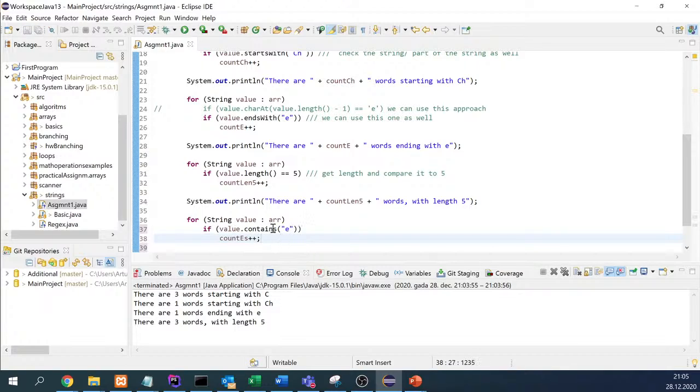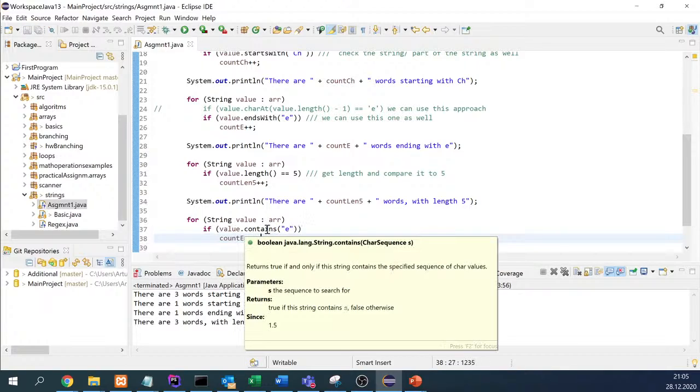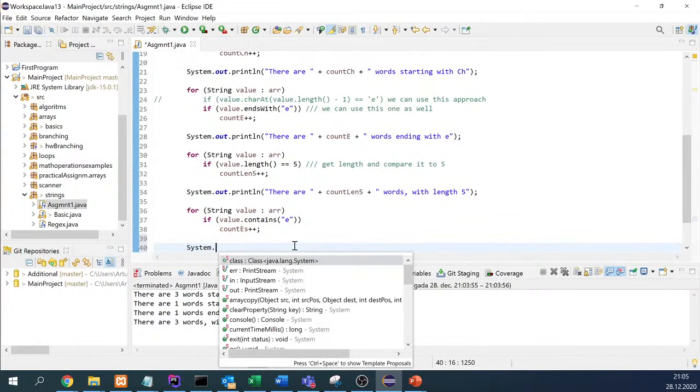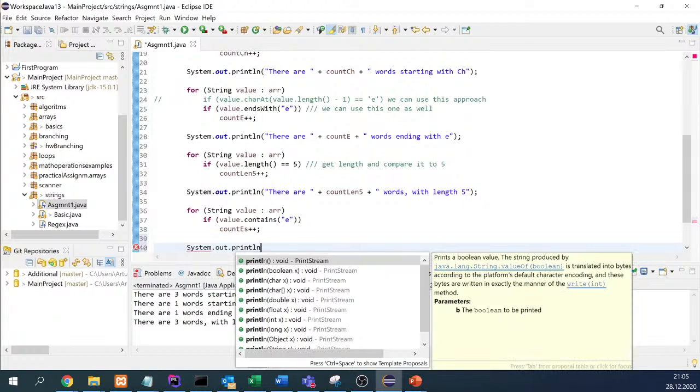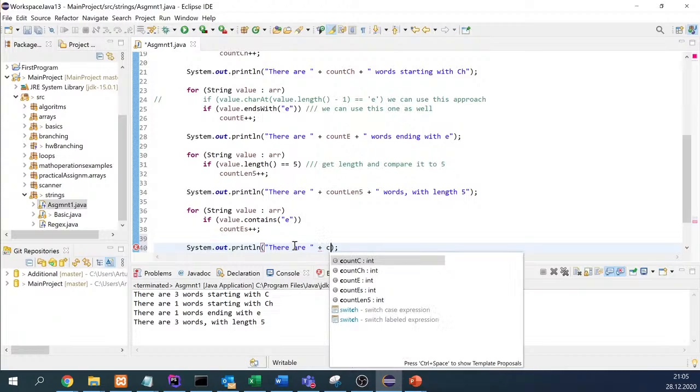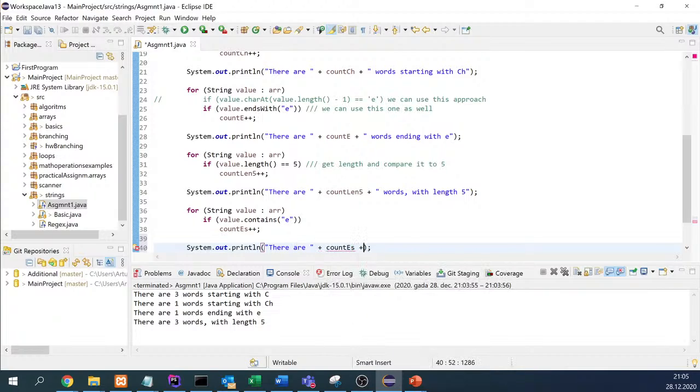So in this case we can use contains, and let's print out how many do we have. Words contain